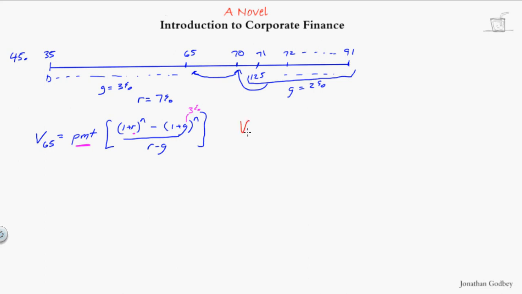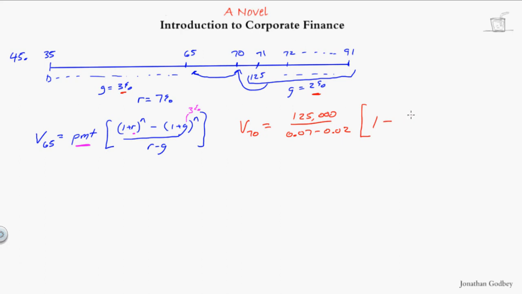So the value at year 70, now I need the present value formula for a growing annuity, is 125,000 divided by the discount rate of 7% minus the growth rate of 2%, because these are growing at 2% while that was growing at 3. So make sure you get your growth rates straight, times 1 minus